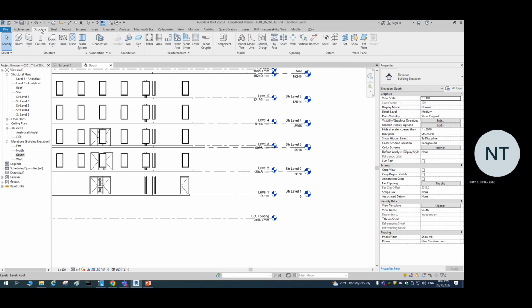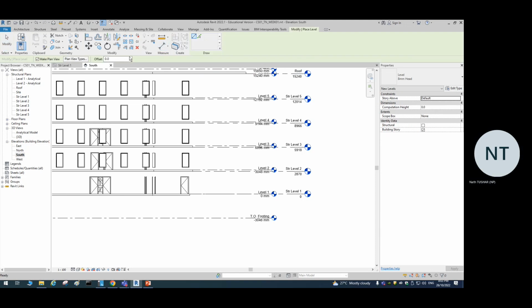Done? Tell me, what did you do? Copy? Okay, good. I'm going to do it a little bit differently. I'm going to come to structure, click on level, and put an offset over here. The reason I wanted you all to do that is because every command you click will have this pale green, I don't know what color this is, this green color bar will appear. So you can make use of everything inside the ribbon, as well as this green color bar to put in